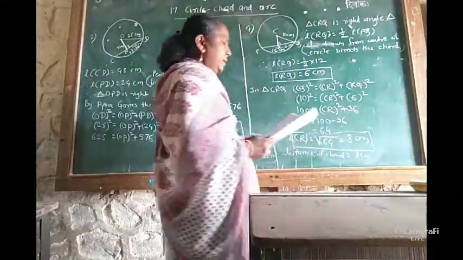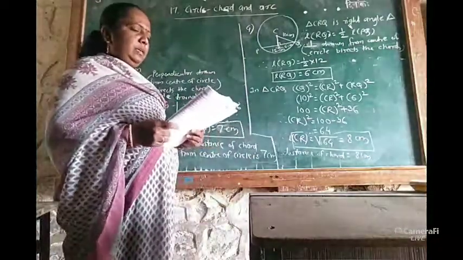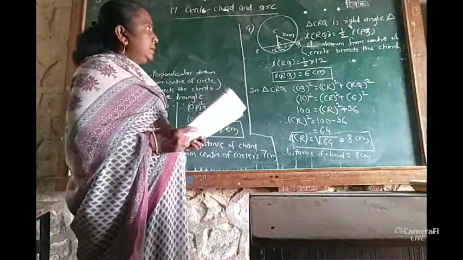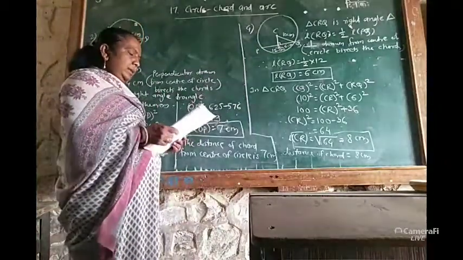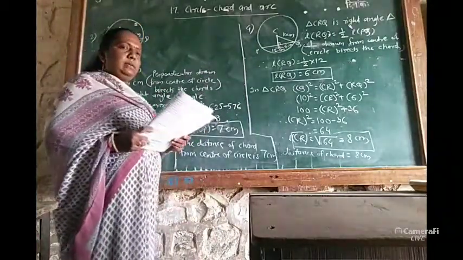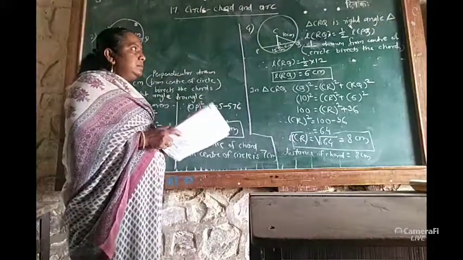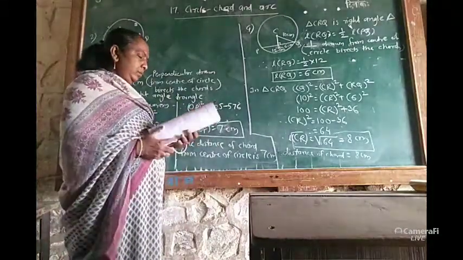Here we have completed practice set 17.1. There are 4 examples in this practice set. The examples I have taken here, you have to solve the third example. You have to take reference of the second example, and you can solve the third example and revise the whole practice set again. Here we will stop today.